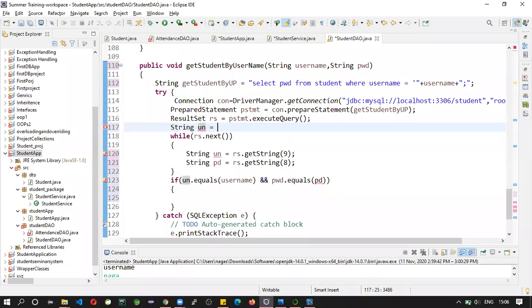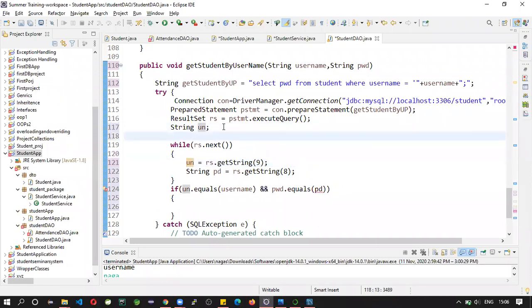Do you understand why I'm getting error here? Because of local variable. Okay,